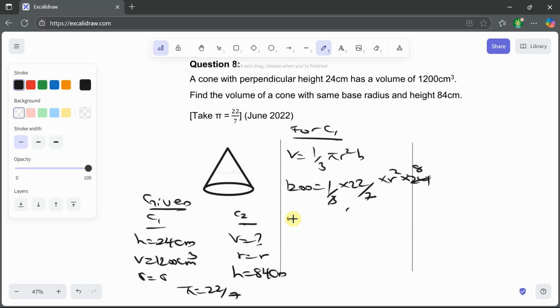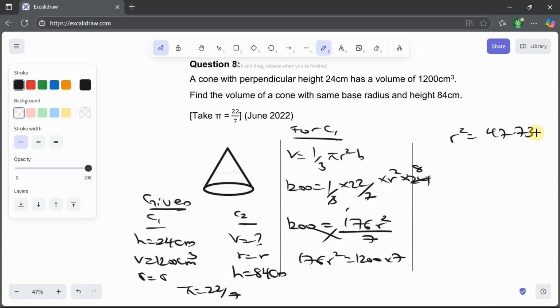That will be 1200 is equal to 22 times 8, which gives you 176 r squared divided by 7. If I cross multiply, that will be 176 r squared is equal to 1200 times 7. So 1200 times 7 divided by 176